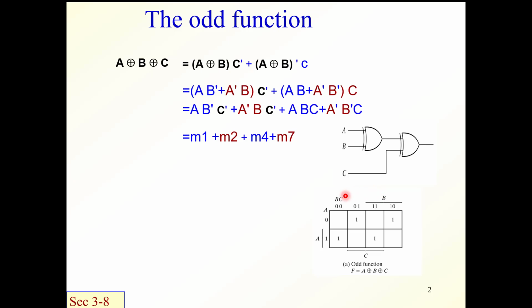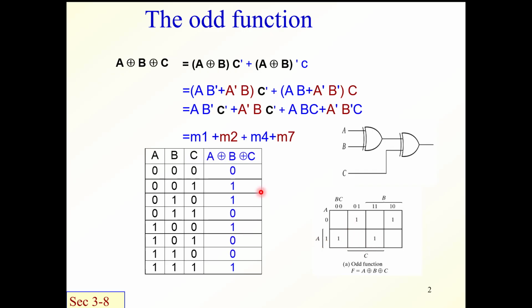If you try to simplify this map, you will end up with 4 terms, with 4 minterms. You cannot simplify it. Now this is the truth table for this circuit. Okay, here it's equal to 1. It's the odd function. It counts the number of ones at the input. Here the number of ones are odd, so it gives me a 1. Here the number of ones at the input are odd. It gives me a 1. The same thing goes here and here.